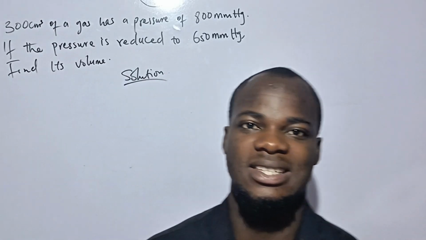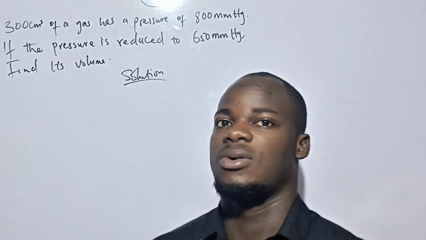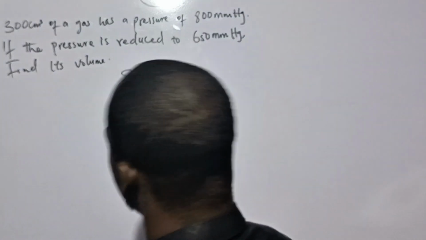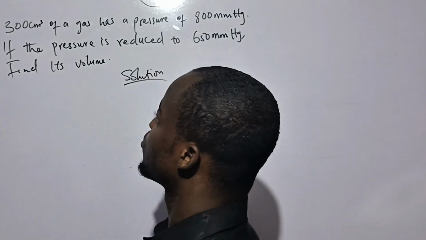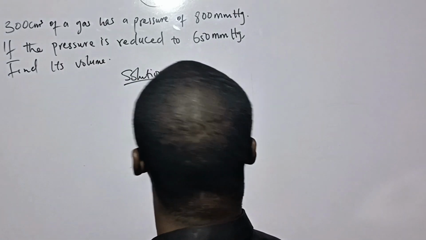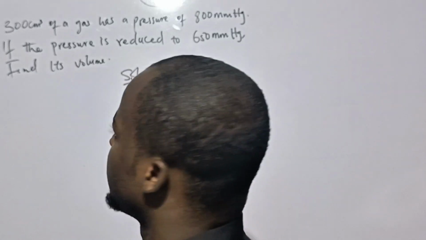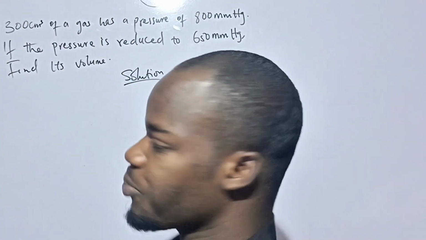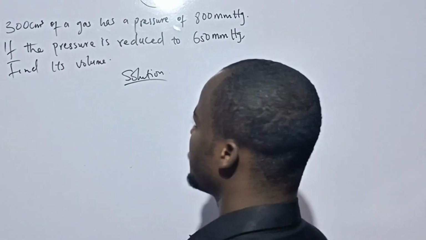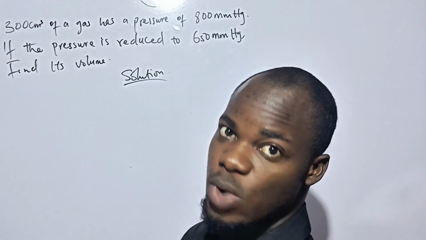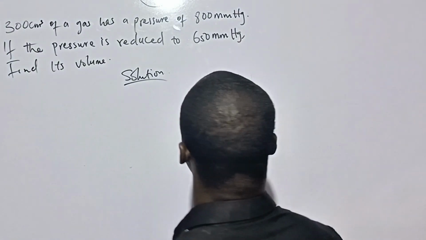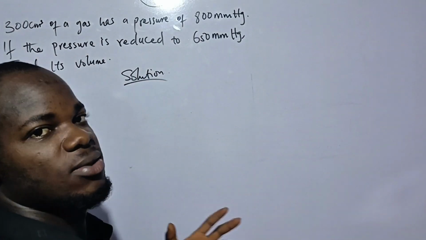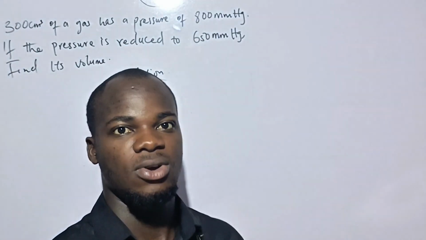In this particular example we're about to solve, which has to do with pressure and volume, we're meant to find the final volume of this particular gas related problem. Before you start solving it, you have to ascertain which law it is referring to. The gas laws we have are Robert Boyle's law, Charles' law, Graham's law,